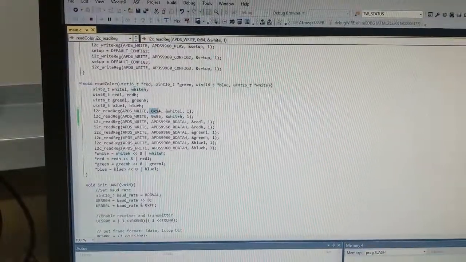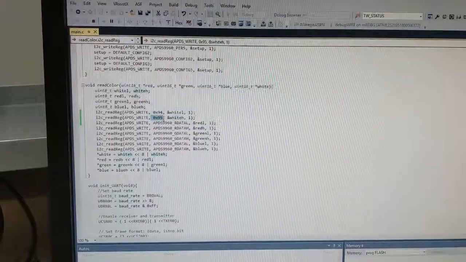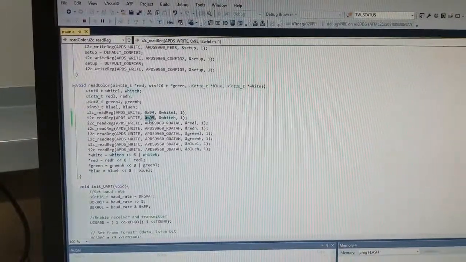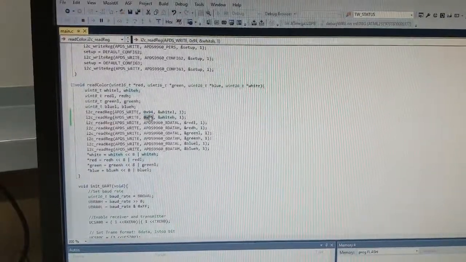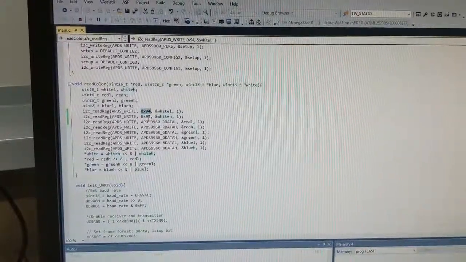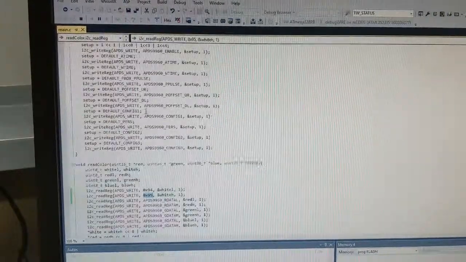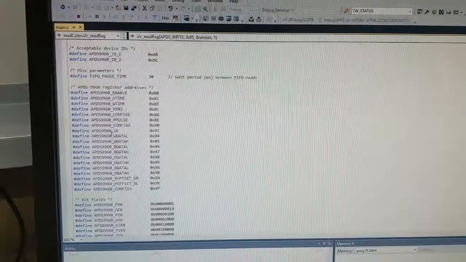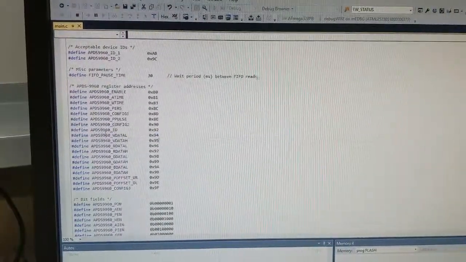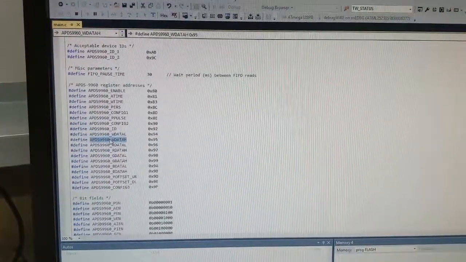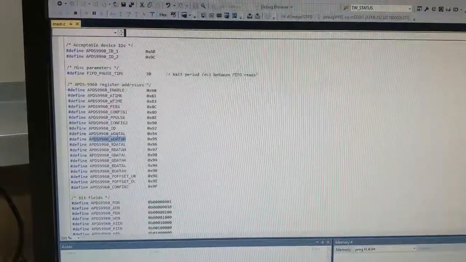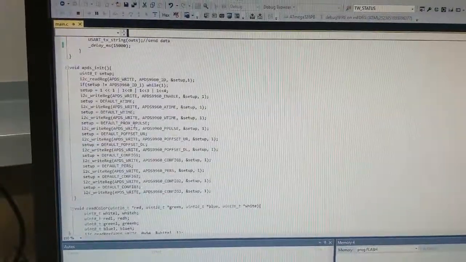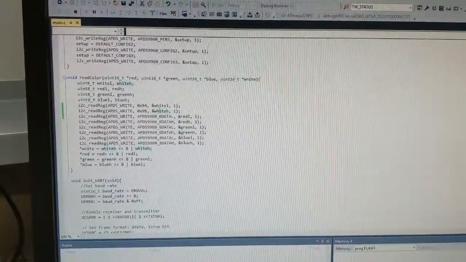If you notice here, for some reason my C code in Atmel would not recognize the header or the definition I made, so I had to push the register location directly in here. You can see that I wrote these up here though: 94, 95. I threw these in here, and Atmel, which is finicky sometimes, would not pull these in. So that's why you see those are not the actual header naming conventions, the low and